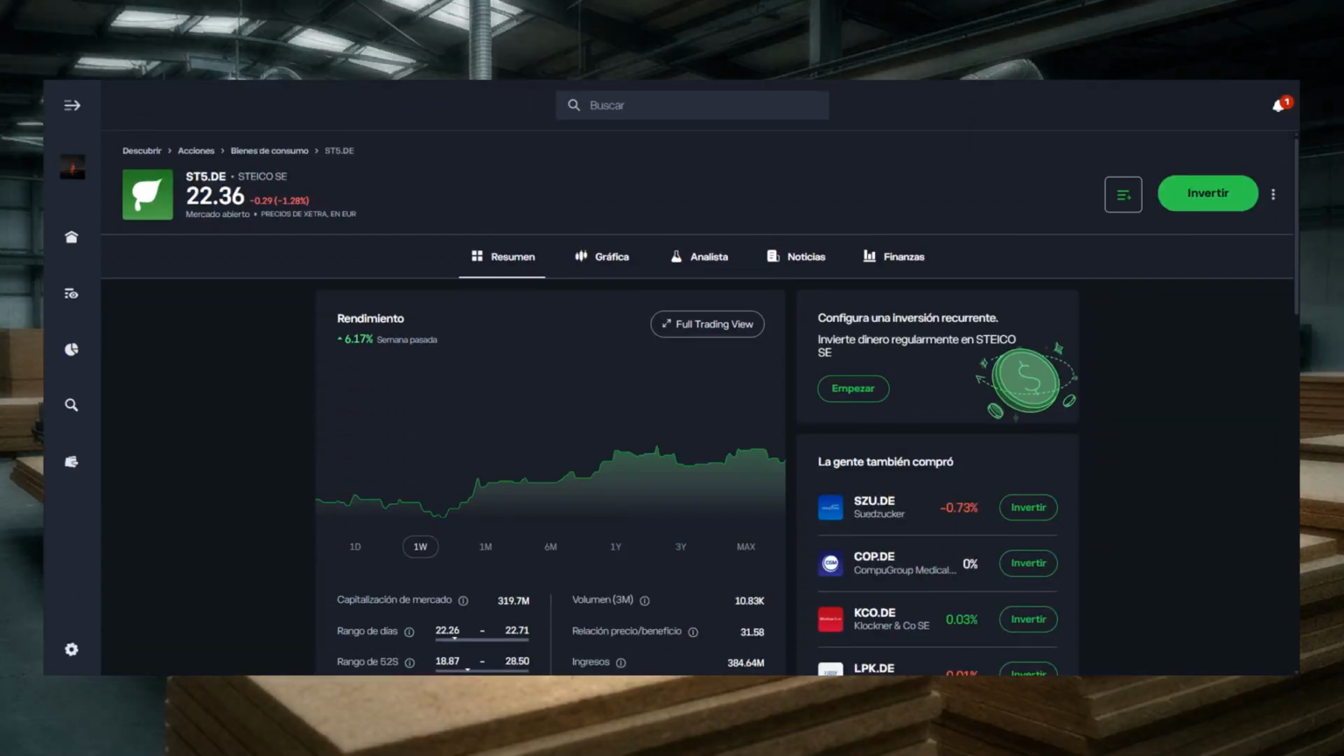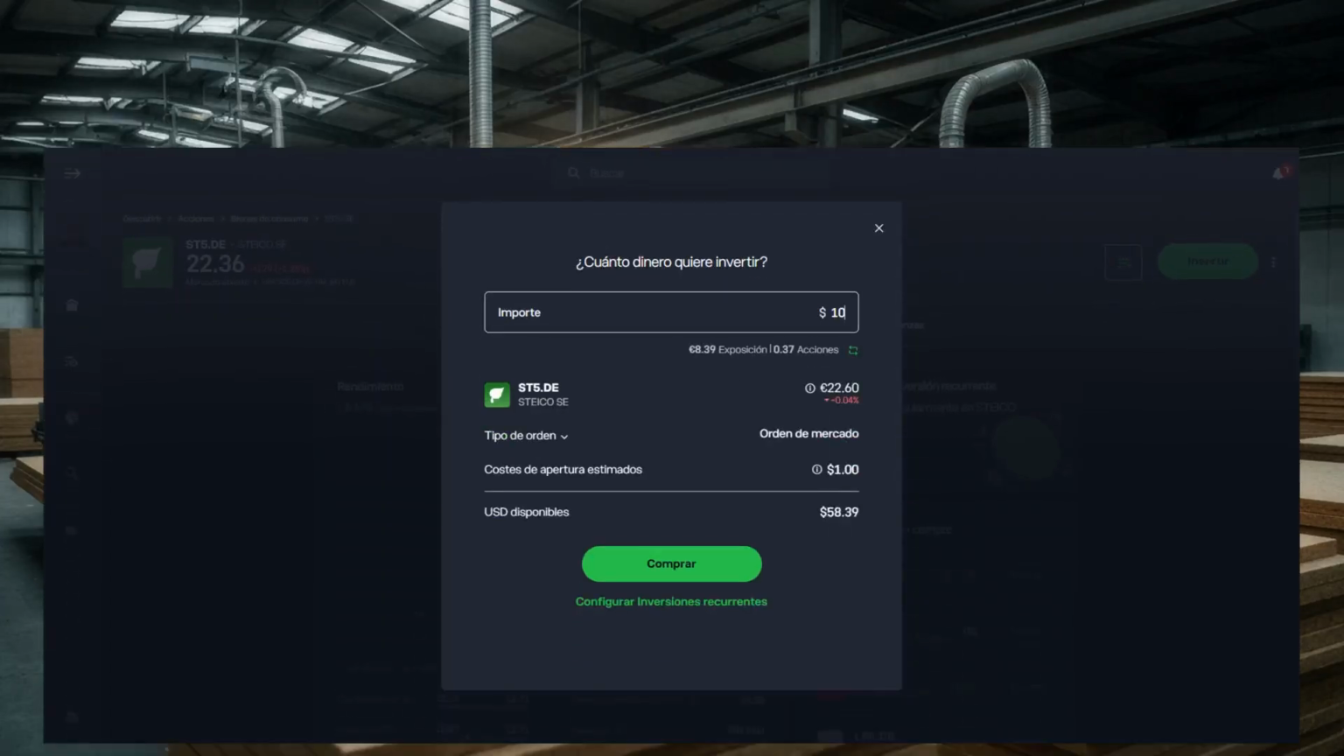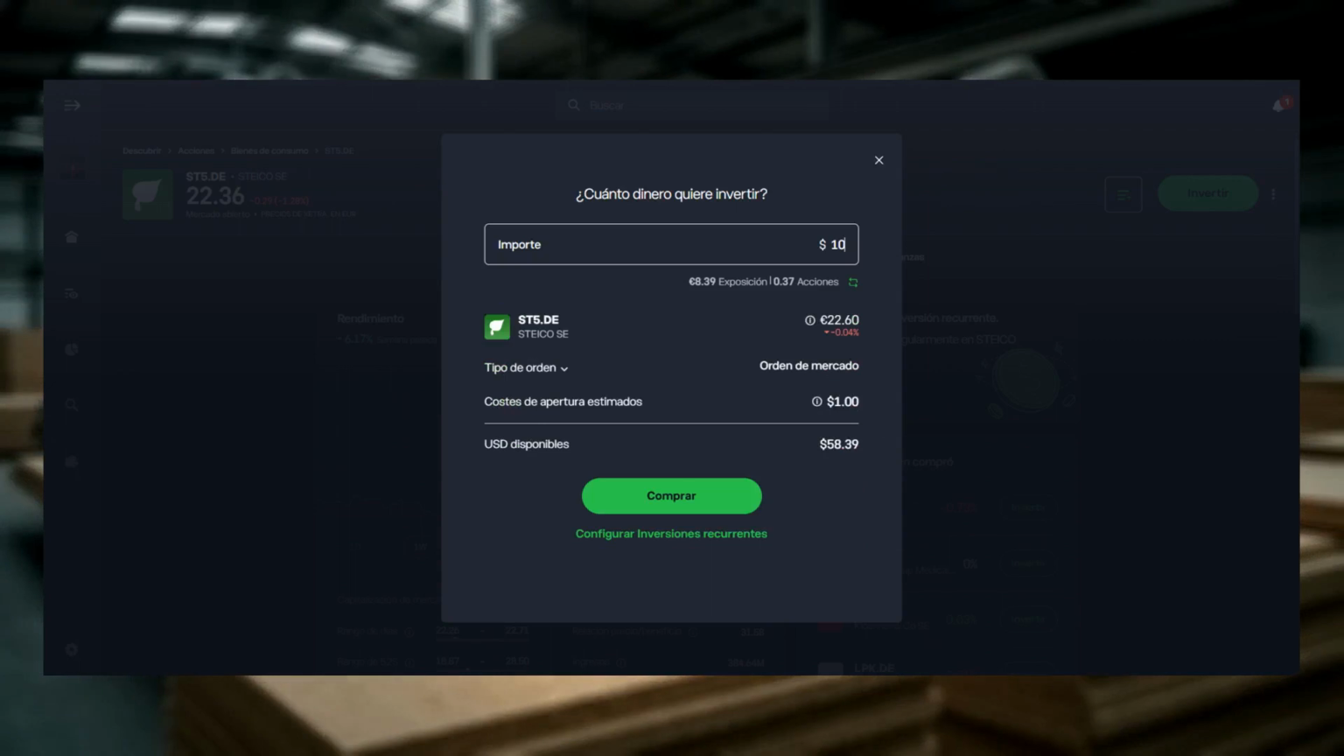On the asset page, you can read basic company information and view the price chart. Double-check the company name, exchange Xetra, and ticker to confirm it is the correct STEICOSE share. Click Invest or Buy, enter the amount you want to invest, review the order details, and confirm the